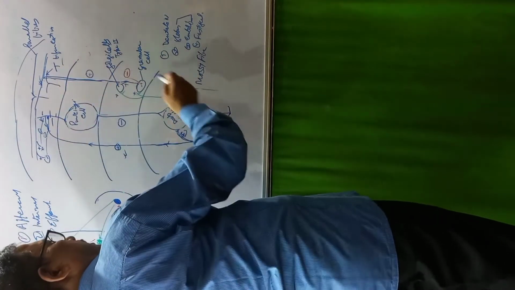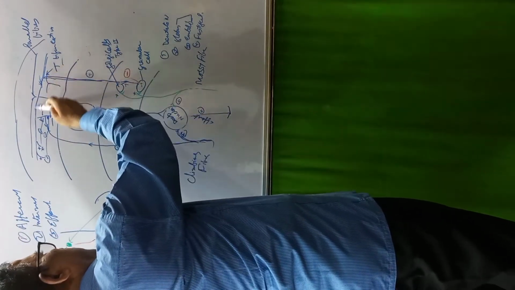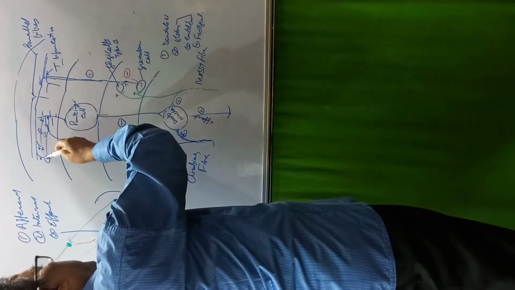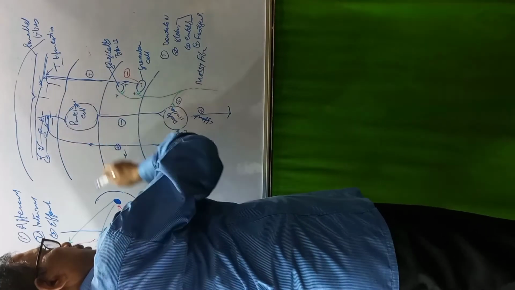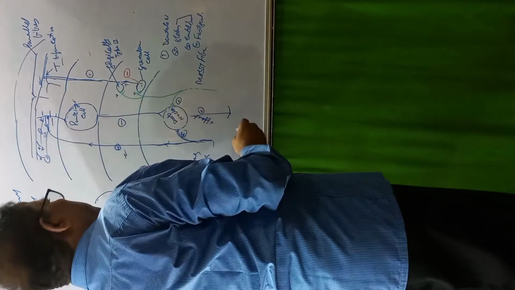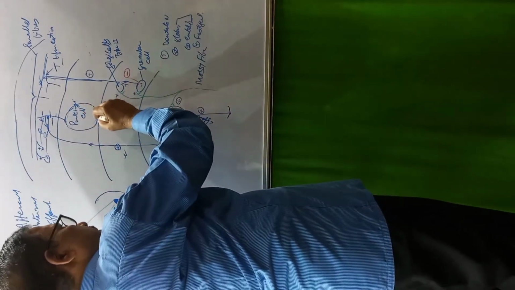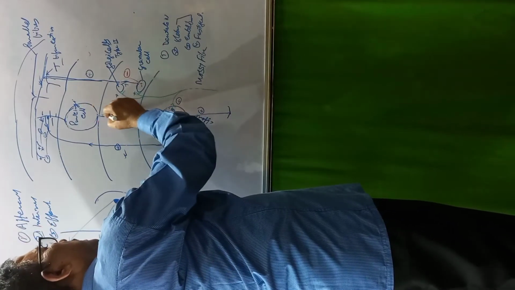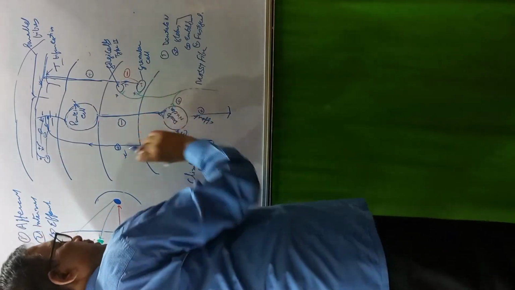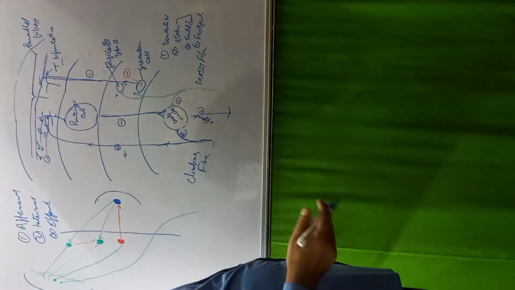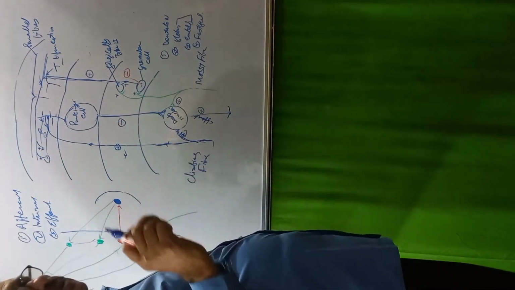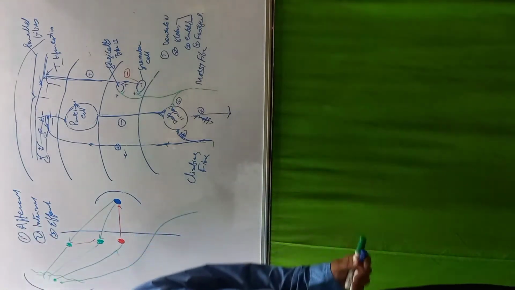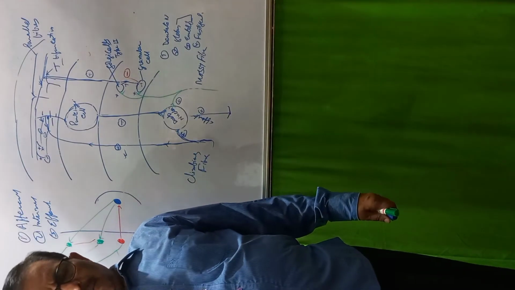The Golgi cell and granular cell will stimulate the basket cell and the Purkinje cell, which will inhibit the Purkinje cell, and then the Purkinje cell will send an impulse to the deep cerebellar nuclei, which is negative. Axons of the Purkinje cell are the only